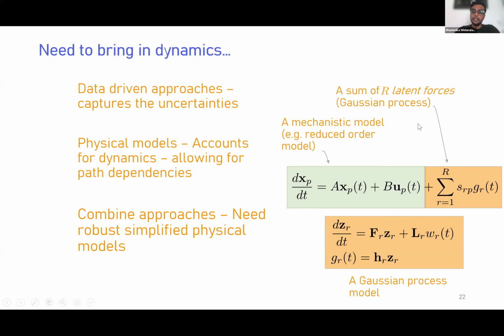And then the challenge is that finding the dependence of the Gaussian processes on the dynamics is not a very straightforward task, and that's where the training and the decisions have to be made. How do you go about finding these latent forces such that you can sufficiently describe the missing dynamics from the observations that you have? Right. So I think this is, again, Gaussian processes have that flexibility, and like I said, it's a great tool, and they can be appended to dynamics to enrich your dynamical models.